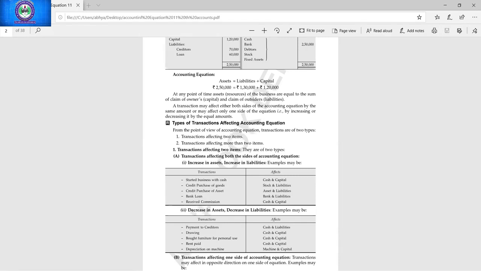Yes, Harshita, I have unmuted you. So what answer have you given? Because many students are asking the answer again. Shares purchased for cash. Ma'am, cash will be decreased and asset will be increased. Which asset? Investment. And investment is part of non-current assets.